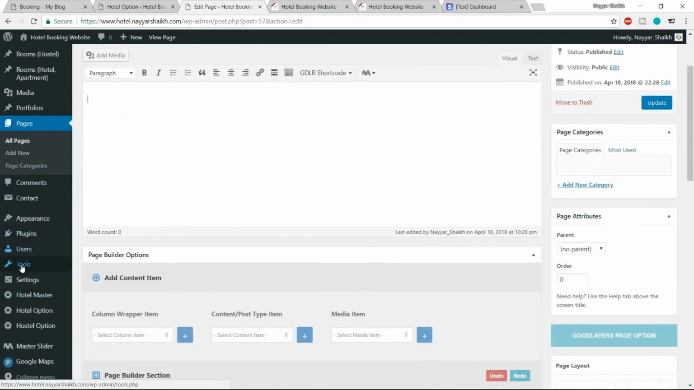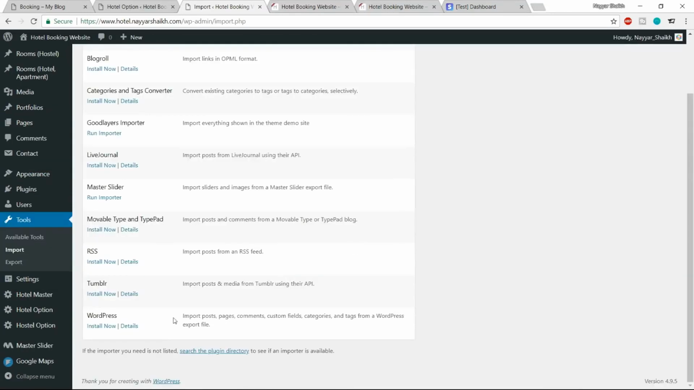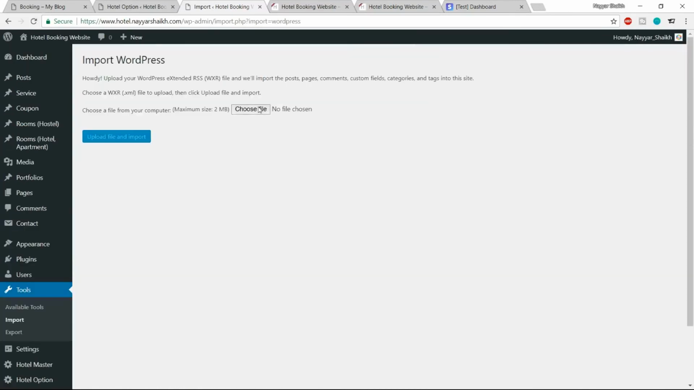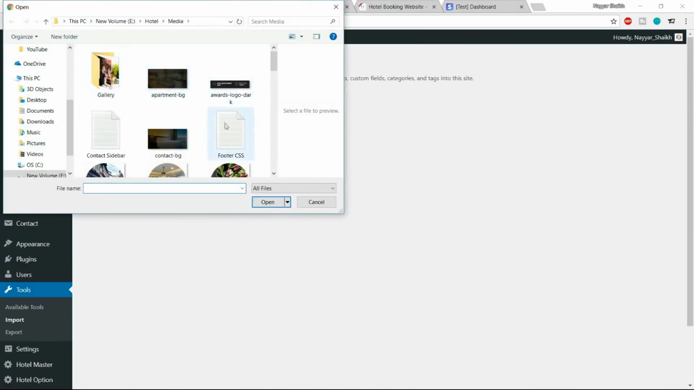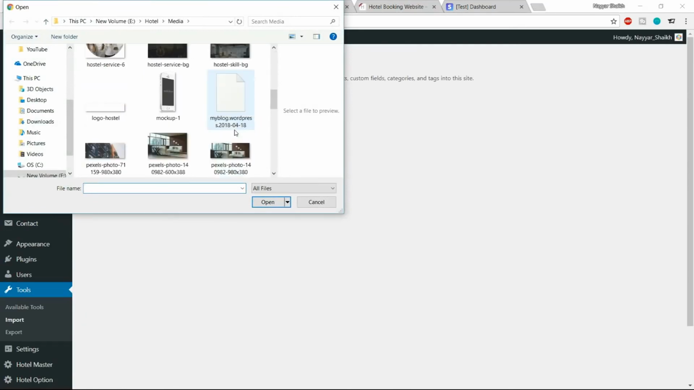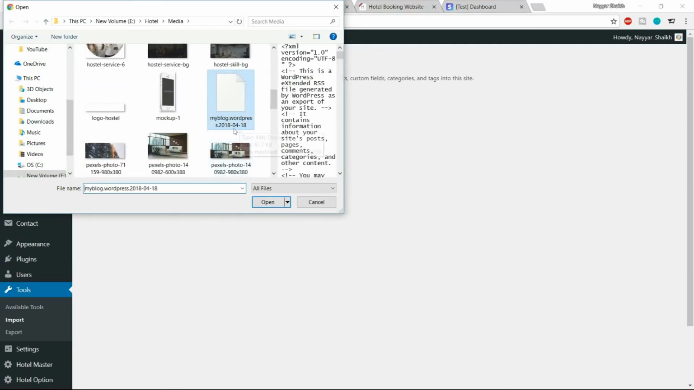What you can do is from the left hand side, you'll see these tools. Hover tools and click on import. Now at the bottom we have this WordPress. Click on install now, WordPress installer. Now click on run importer, choose file and go to your media folder and you'll see one file. Okay, this is how it will look,